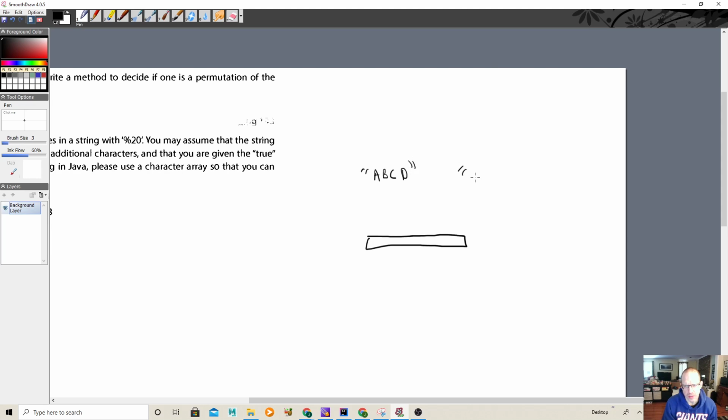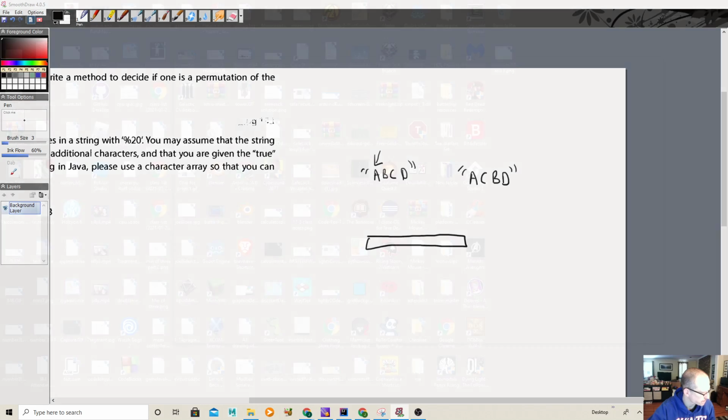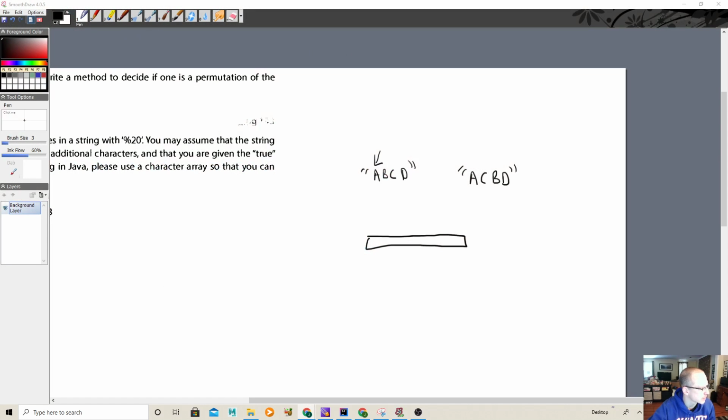And then you have another string, let's say ACBD. And then they take the first string and they insert the letters at the index of the ASCII code of A. So you have to have your ASCII code table open if you want to follow along with this. I don't think it's tremendously important, but